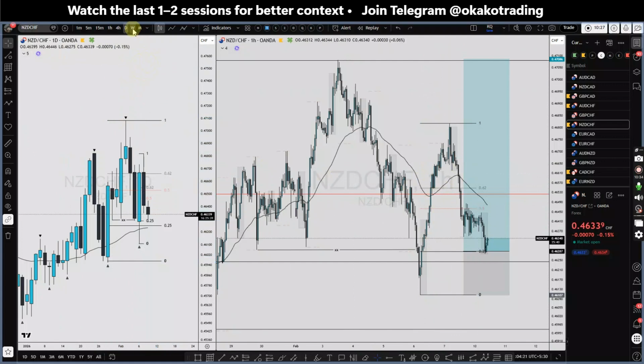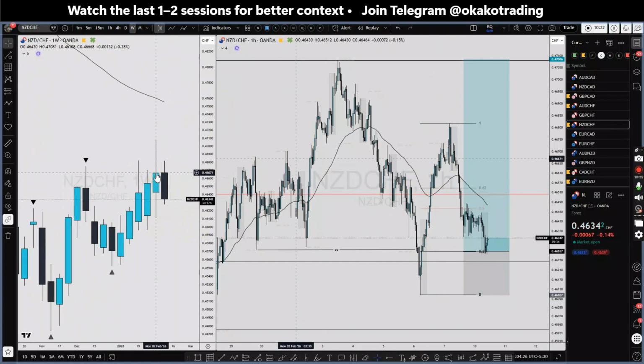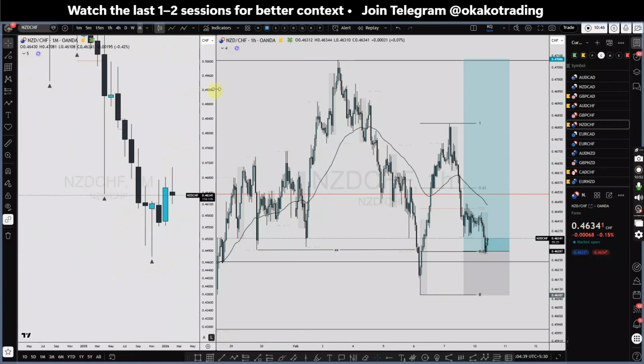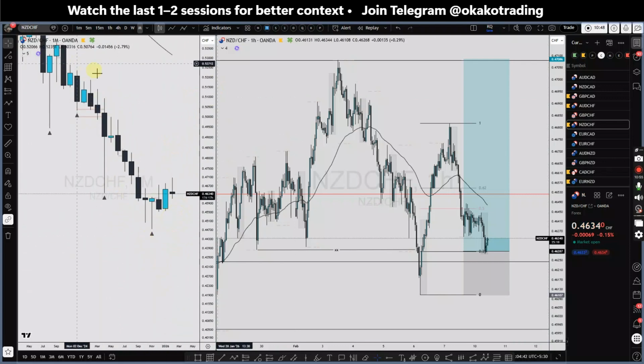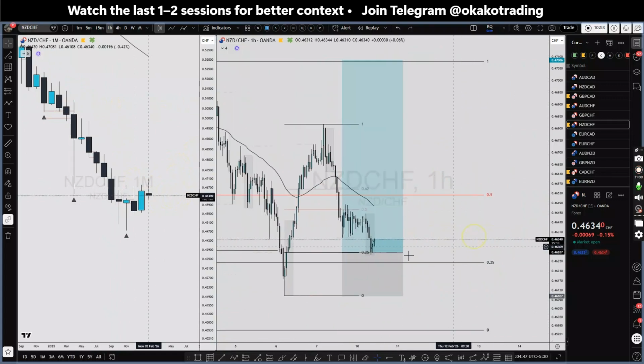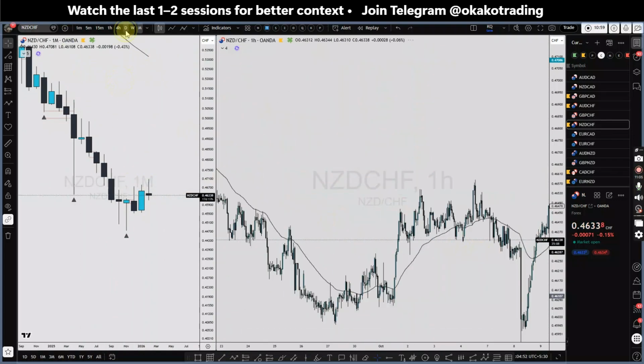So the setup is clean, but the only thing which is not lining up is the weekly bias. The last weekly candle actually closed below the high of the week before it, so the daily bias is not that strongly bullish. And at the same time, the previous monthly high is cleared, and right now we're dropping. And the overall sentiment of the monthly time frame is bearish. So monthly time frame is completely bearish. So the storyline is bearish, but we are looking for long. So I'm in this trade with half risk. So let's see how it unfolds.